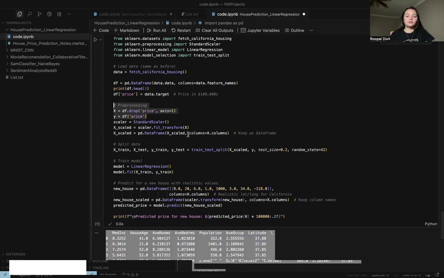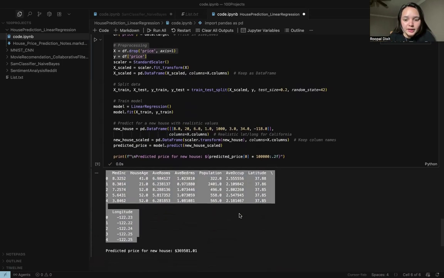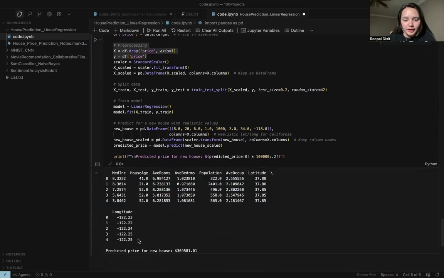Because, you can see, latitudes are positive, longitudes are negative. Here the population, and average income, everything is very small, but population is a big number.